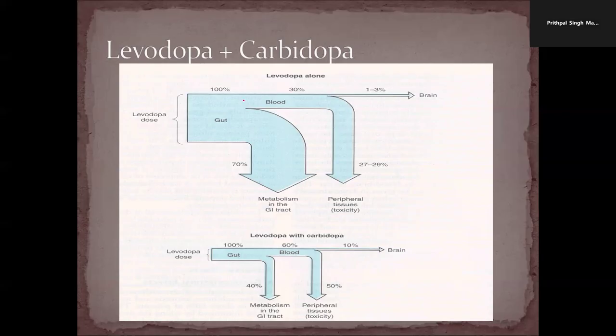But once you combine it with carbidopa, this prevents the conversion of L-dopa to dopamine by dopa decarboxylase significantly. So the amount of levodopa that is changed, but still 30% of this particular metabolite is formed, 50% is possibly metabolized by COMT, and the major chunk, that is 10%, which is the